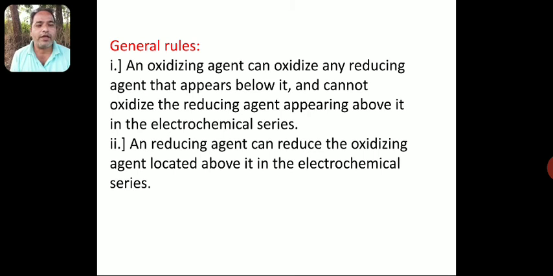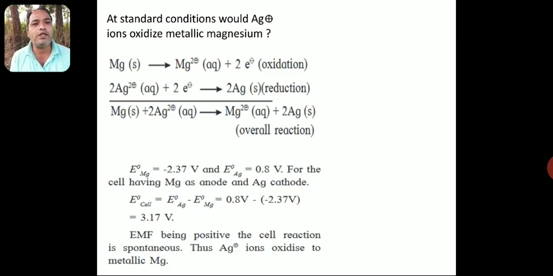This is a very interesting topic. We can conclude whether a reaction is spontaneous or non-spontaneous. And the most important thing is, there is always an MCQ question on how to calculate the E0 of the cell at standard state. They always give the E0 values of the electrode potentials, and ask you to calculate the E0 of the cell, or whether the reaction is spontaneous or non-spontaneous. First of all, we must know what is meant by spontaneous and non-spontaneous reaction, and how to determine spontaneity. So these are the main things related to the electrochemical series.